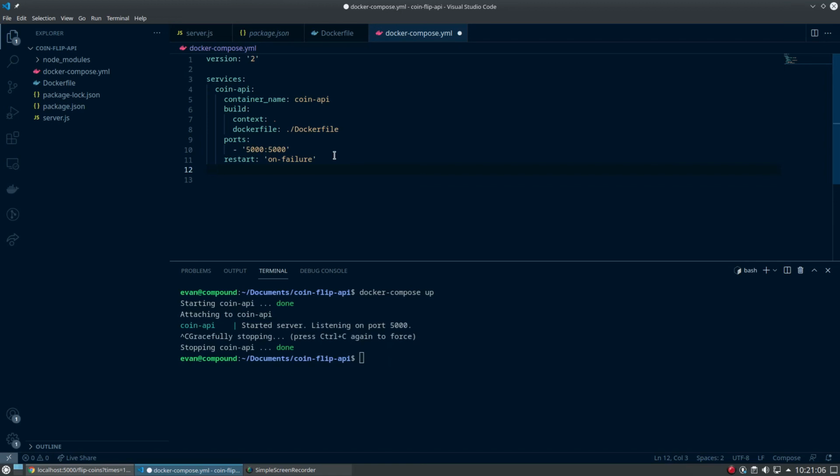cAdvisor does things like gather metrics on containers such as CPU usage, memory usage, and so much more that I'm not going to cover, but it's a really great tool to use when you're trying to add monitoring to your applications. So I'm going to start with just defining another service, so cAdvisor, and the image is,